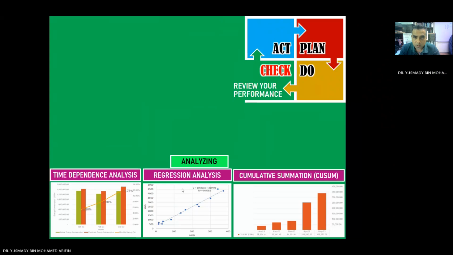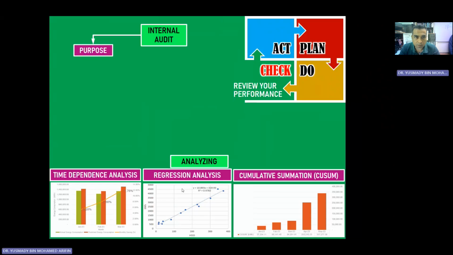Okay. Also, in order to review the energy performance for a specific organization, we need to conduct an internal audit before we have an external audit from third parties. We can conduct our own auditing process that we refer to as internal audit. So the purpose of the internal audit is actually to improve energy performance,